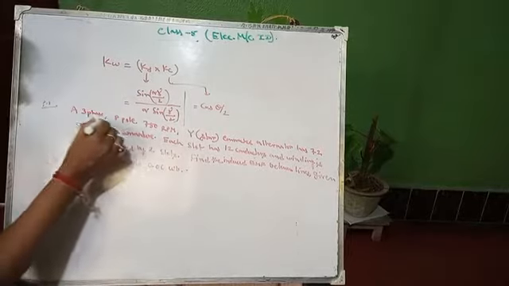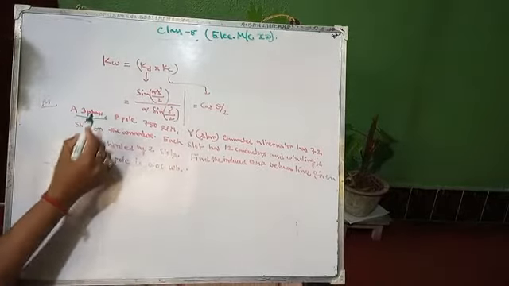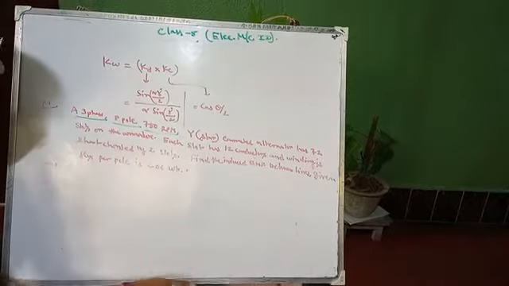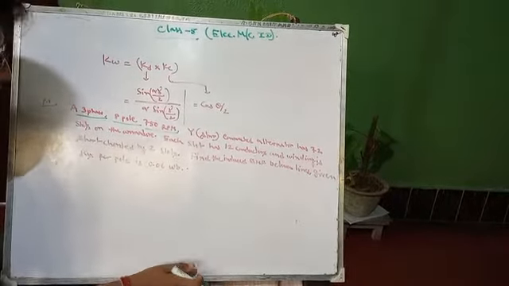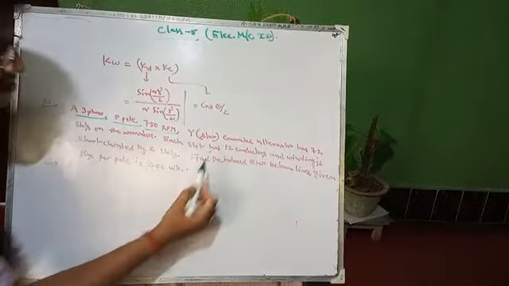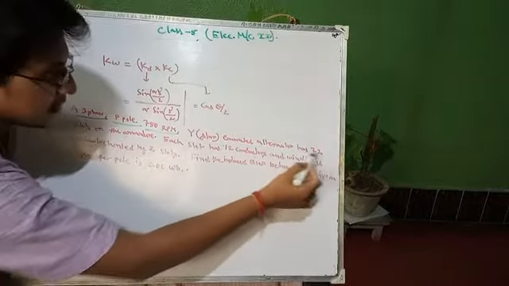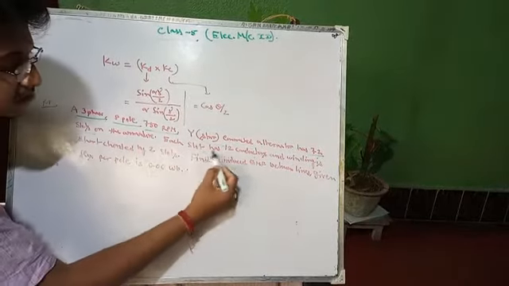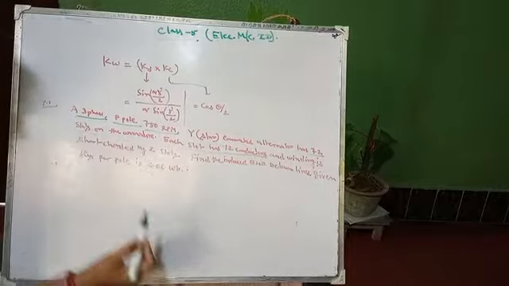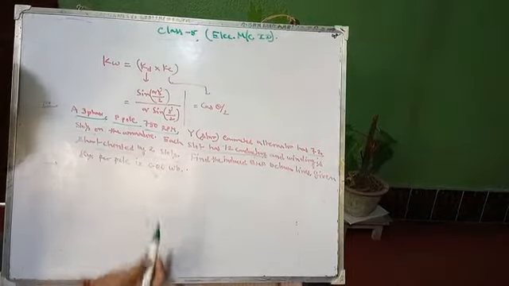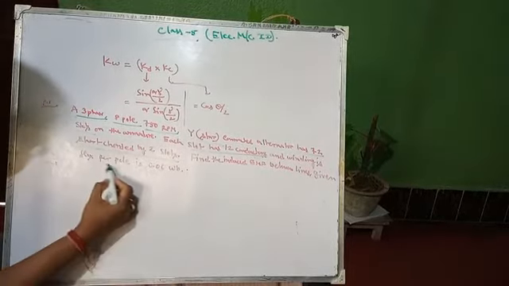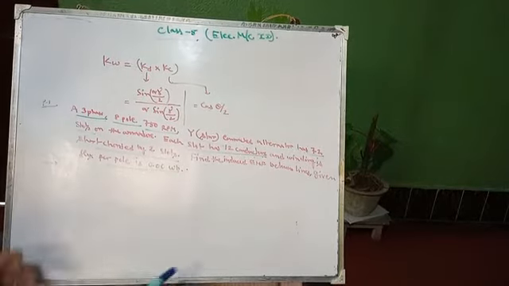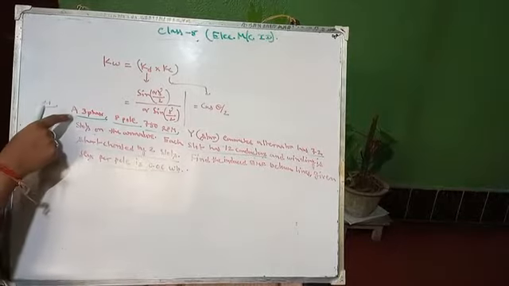Okay, so in this problem it is a 3-phase system. The number of poles is 8 and the speed of the rotor is 750 rpm. It is star connected, there are 72 slots, and each slot has 12 conductors. The winding is short chorded by 2 slots. Find the induced EMF, with flux per pole given. So there are lots of informations, right? First, it is a 3-phase system.